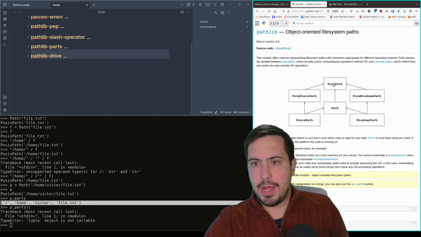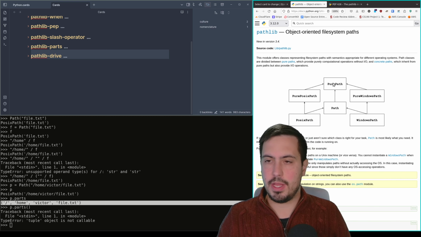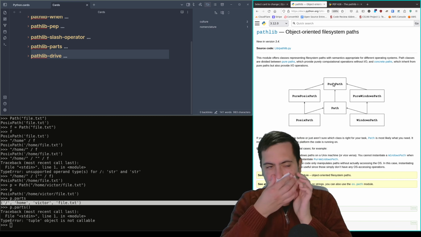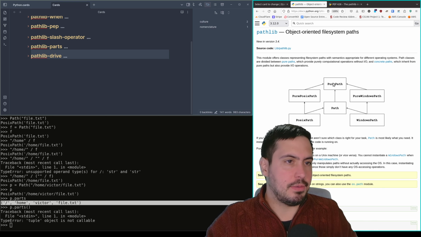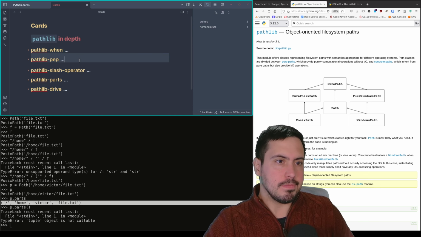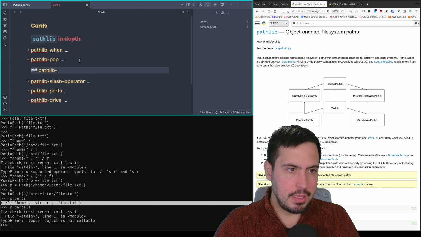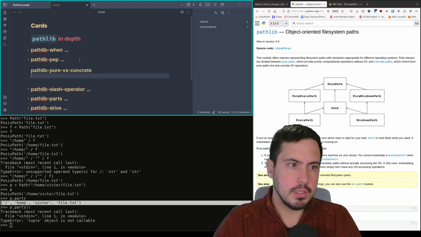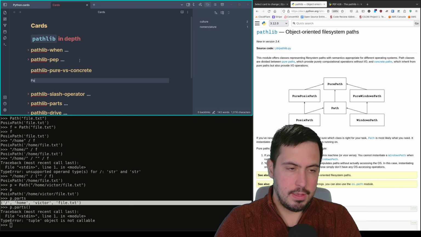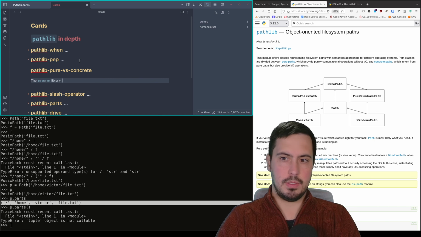Okay, so they are pure paths and concrete paths. That's also an interesting nomenclature thing. Let's write it now, and then we'll get back to the properties and the attributes and so on. So let's add it around here. So pathlib pure versus concrete. Okay. The pathlib library